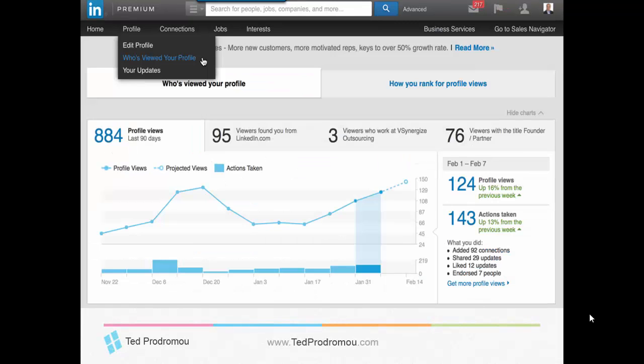So here's who's viewed your profile. This is just golden information. It's crazy that they're showing you this, and if you have a premium account, you get to actually see more information, which I highly recommend. I'll explain all the premium accounts throughout the course. But it's definitely worth the investment because the amount of information they're giving you, even from who's viewed your profile, can get you at least one client a week if you really work it right.